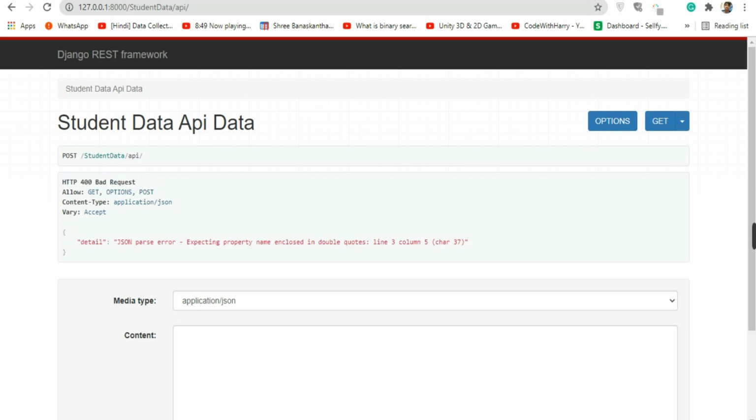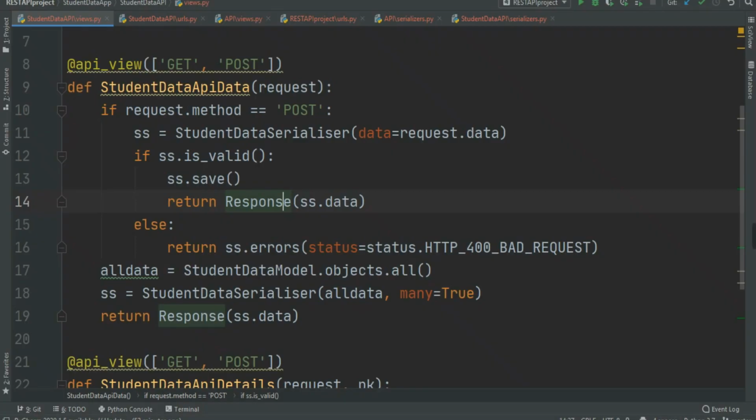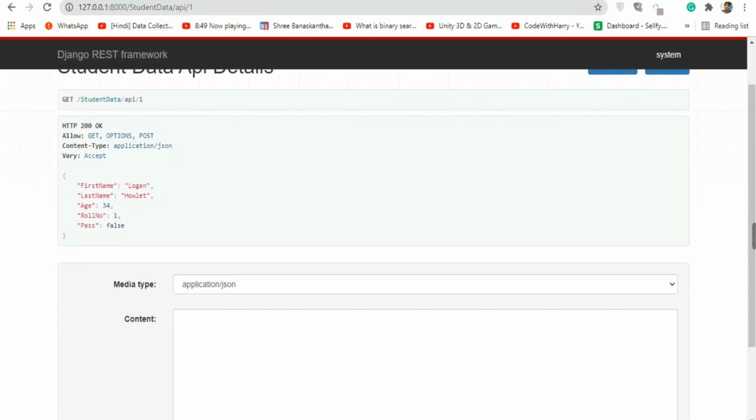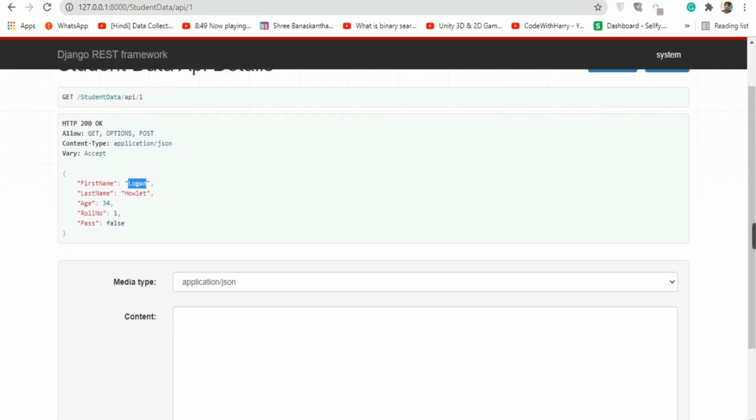So that was the easiest way to create a view in your Django REST. In the next video, I'm gonna talk about the update. So that is it for today, guys. If you like this video, just like this video, and if you don't wanna miss the update, means how you can update this particular data. Let's say you wanna change the login to Wolverine, so how you can do this. In the next video, we are gonna talk about the update.